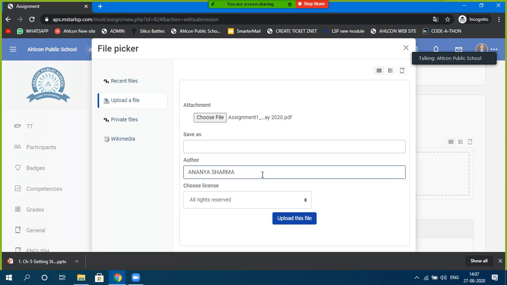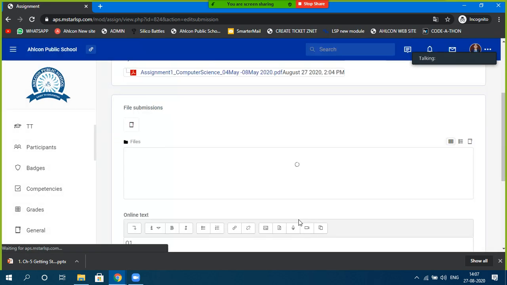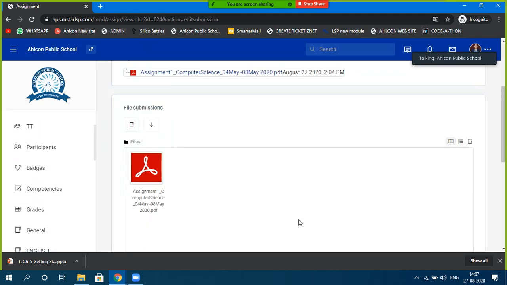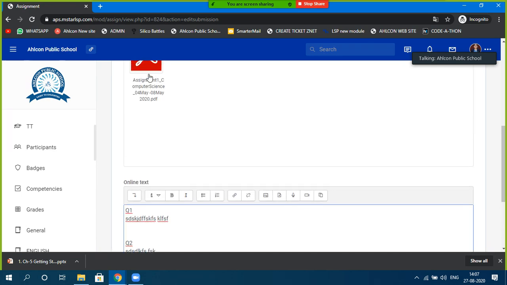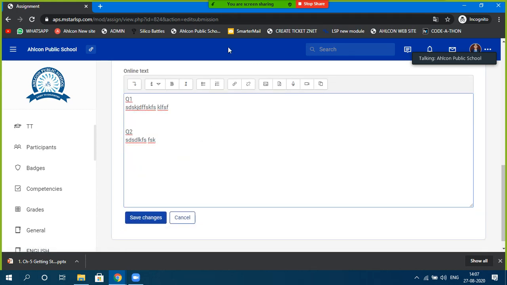You can write all the answers there only. Upload this file. Now the student has used both the offline and online mode here. This is the online answer given by the student, and this is again the offline file, which you have uploaded here. After doing all these things, the student will say save changes.